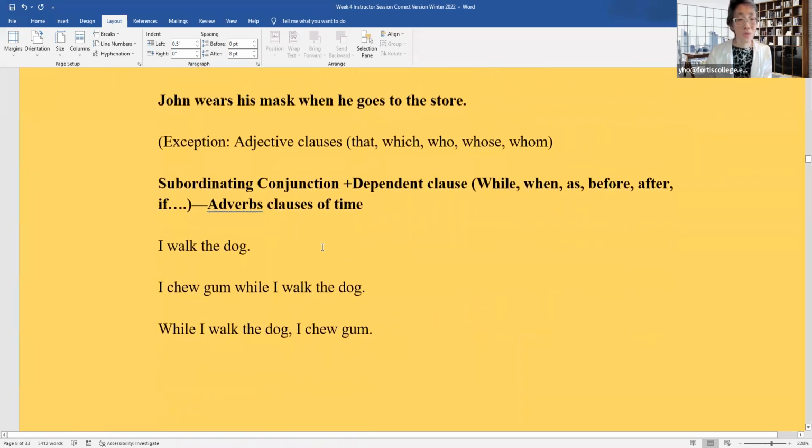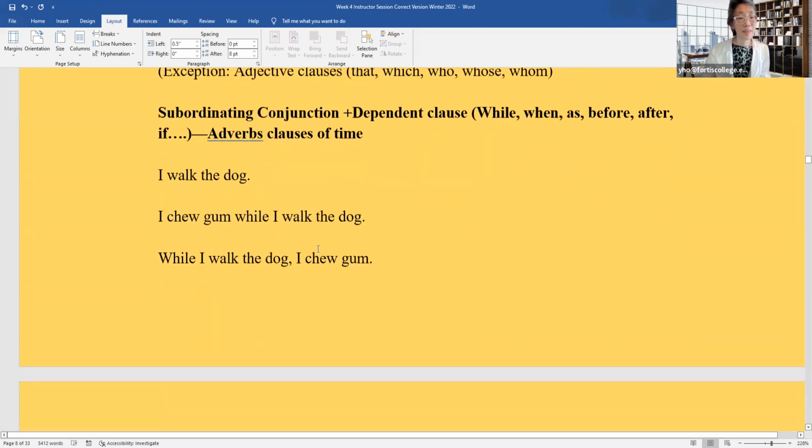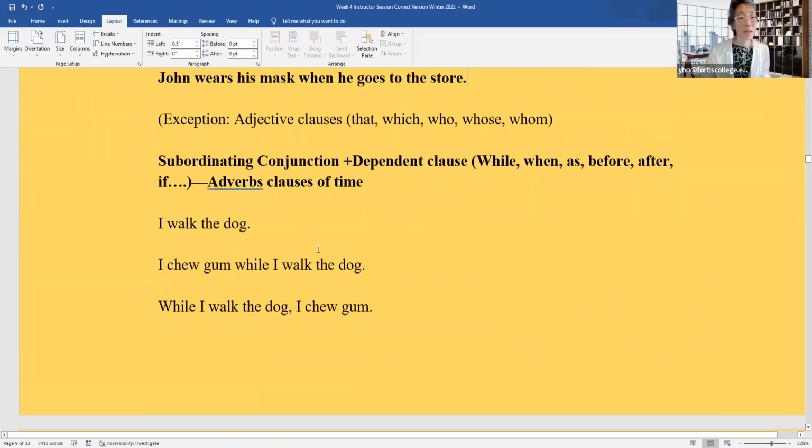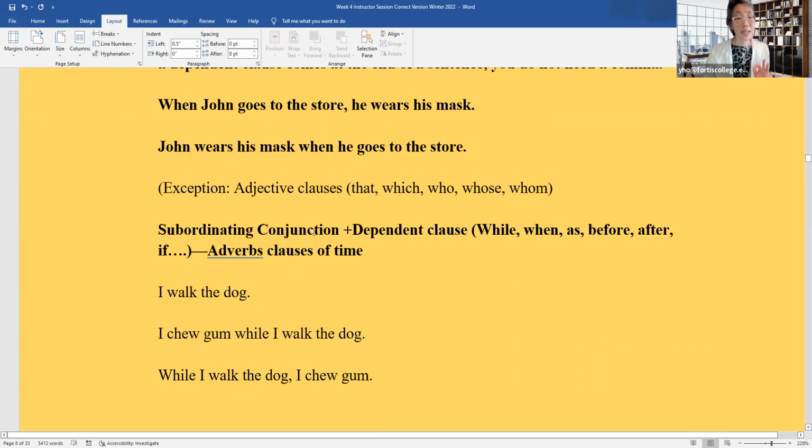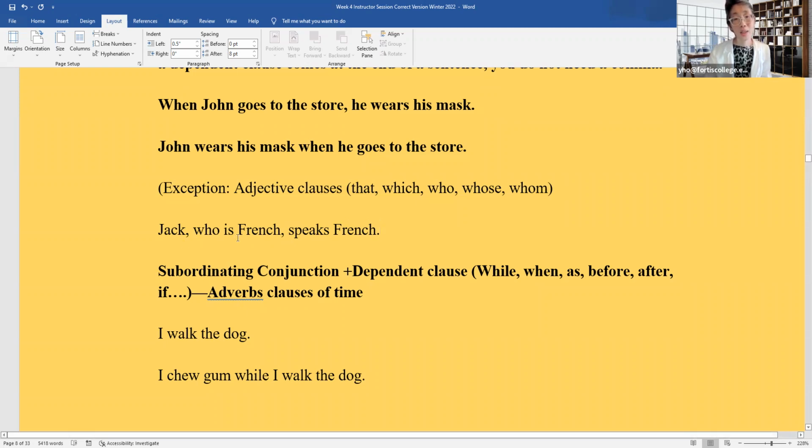Except, the exception is when you're using adjective clauses like that, which, who, whose, and whom. And so here you would have, I walk the dog. Let's see. Okay, I'm talking about exceptions with adjective clauses. Okay, Jack, who is French, speaks French. You're going to see not one comma, you're going to see two commas. So when you have adjective clauses, who is French is a clause that describes Jack. Okay, so therefore when you have an adjective clause, or a clause that acts like an adjective, then you have to have two of these